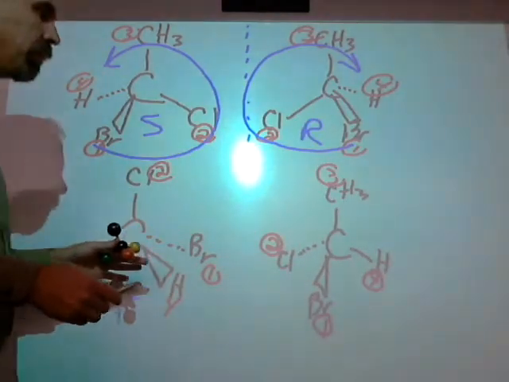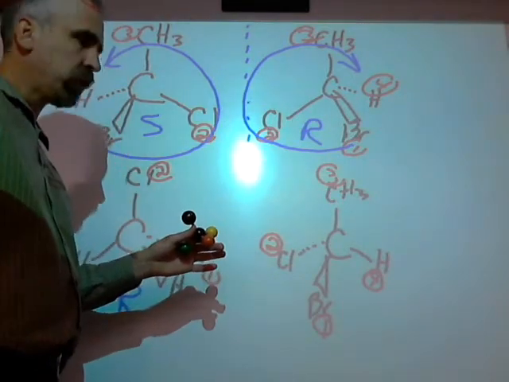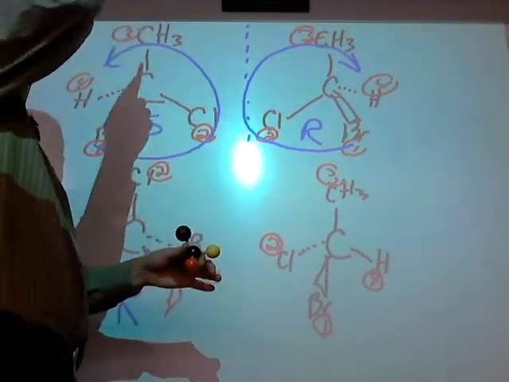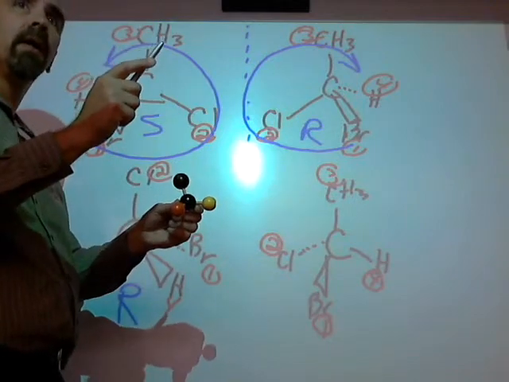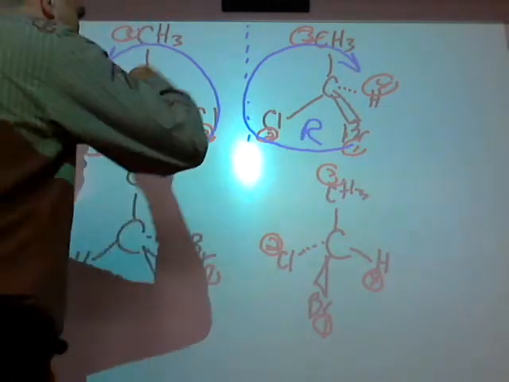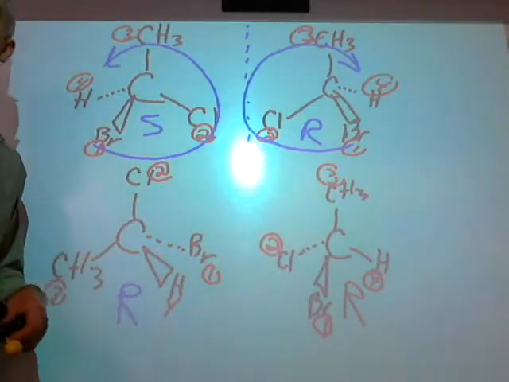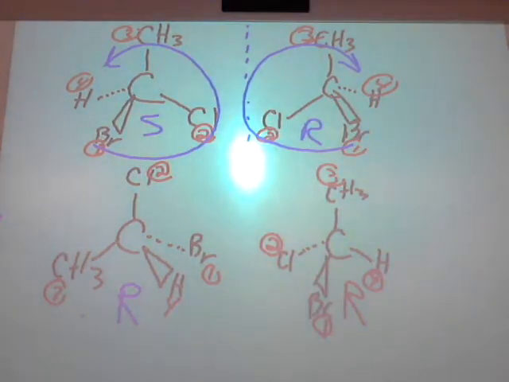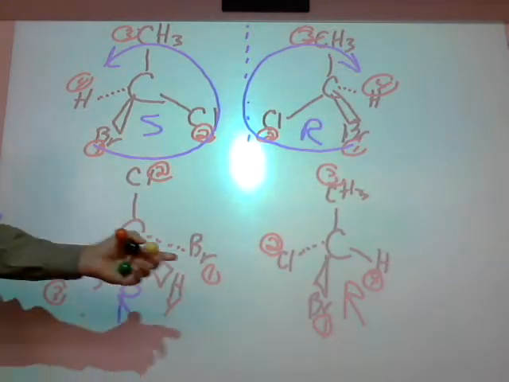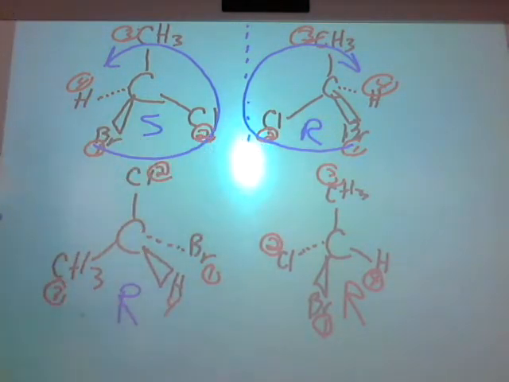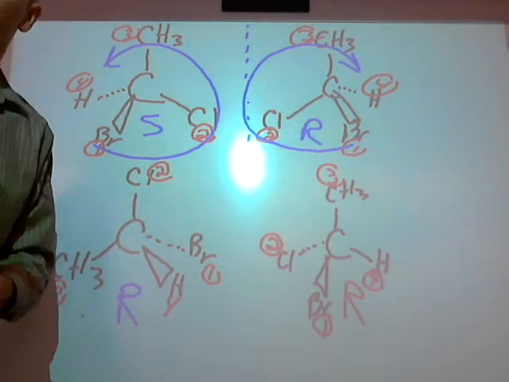I look, 1's here, 2's over here, and 3's up top. Can you do that in your head? 1, 2, 3. What am I drawing? Did you all call it R? Because it is. It is R. All right. And there's one other possibility. I could have had the lowest priority drawn up. I will definitely do one like that tomorrow. All right. But this gets you a pretty good start on it. What I want you to do